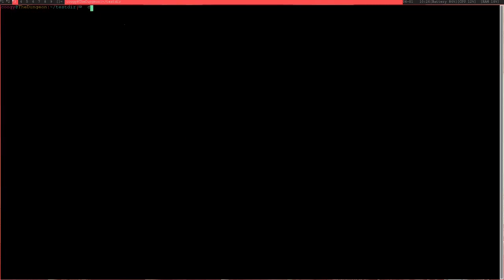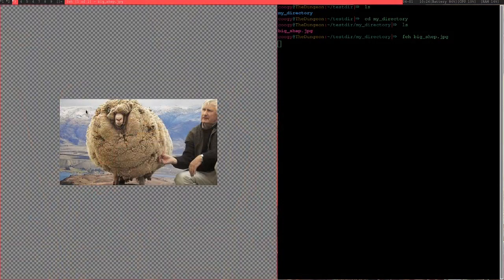So inside this test directory, I have a directory called my directory. And inside this directory, I have a single file. This file is just a picture of an absolute unit of a sheep. This is a very famous sheep called Shrek. He got away from his pen and he started growing out his hair. I think it's perfectly symbolic of what we all looked like after the 4 months of lockdown when all the